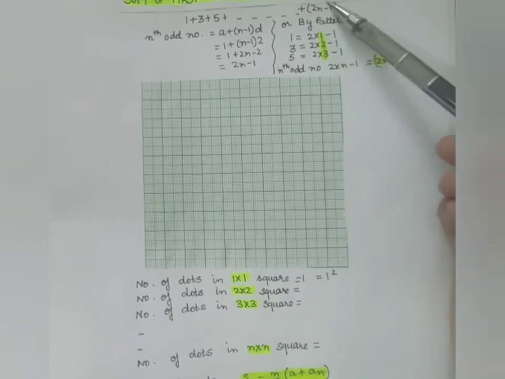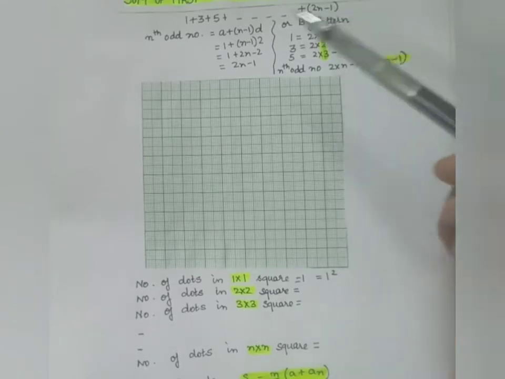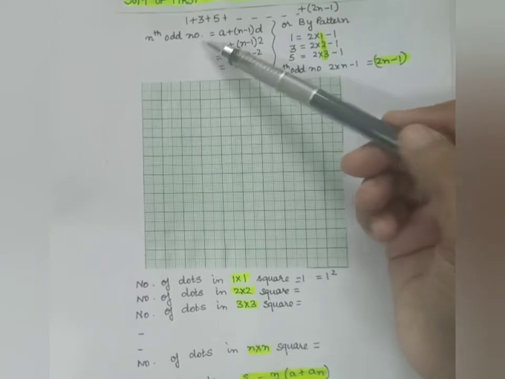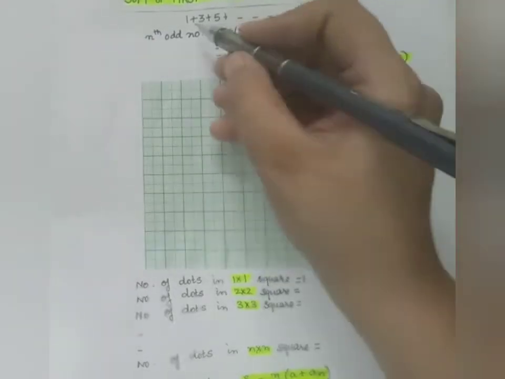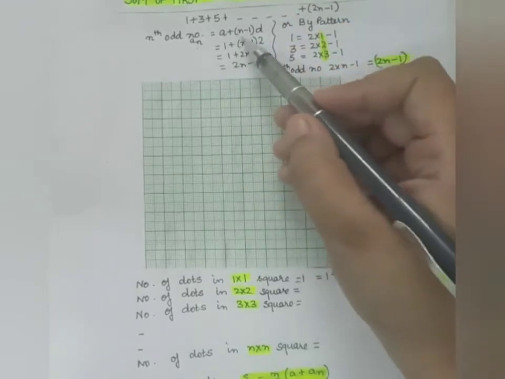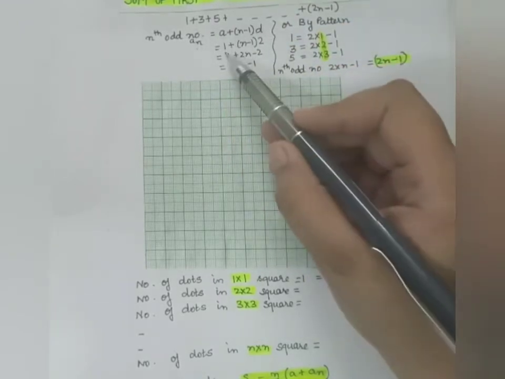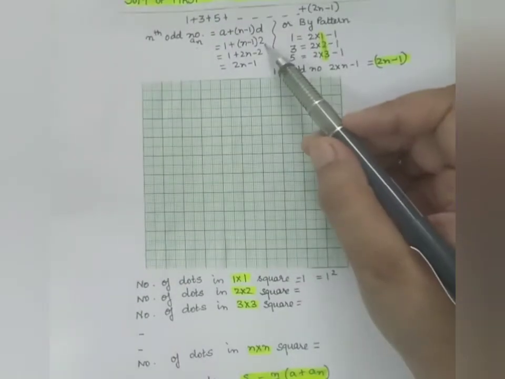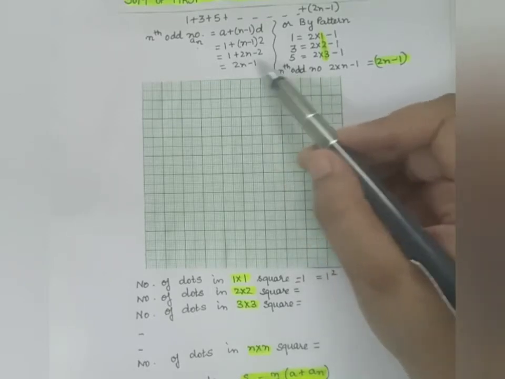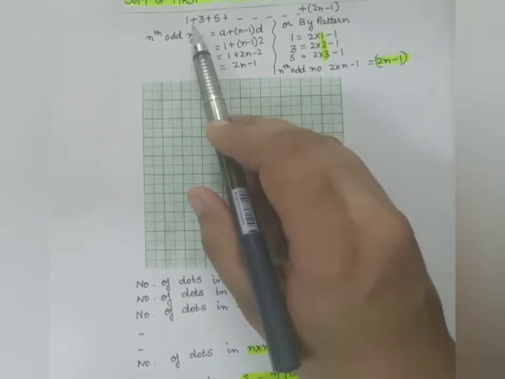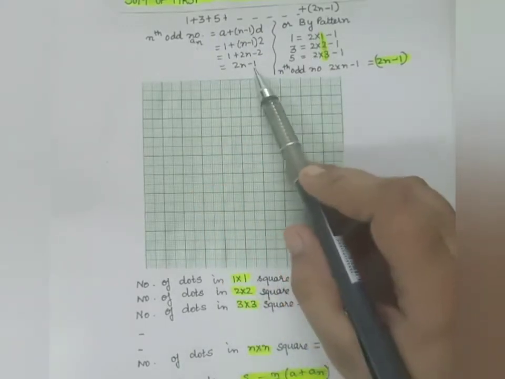For the last, that is the nth odd number, I have found this nth odd number using two different ways. First, finding the nth odd number is like finding an, and I have used the formula for this AP. The nth term is a plus n minus 1 into d, where a is 1, so 1 plus n minus 1 into the common difference, which is 2. On general calculation, we have the answer that the nth odd number in this particular AP will be 2n minus 1.